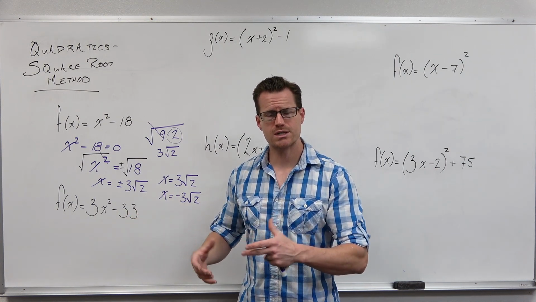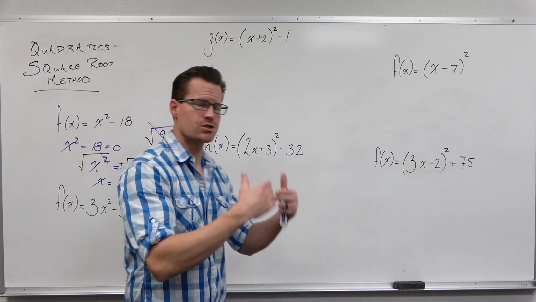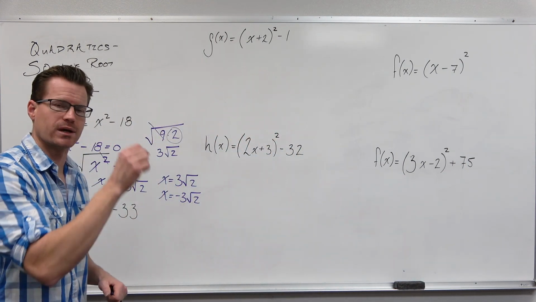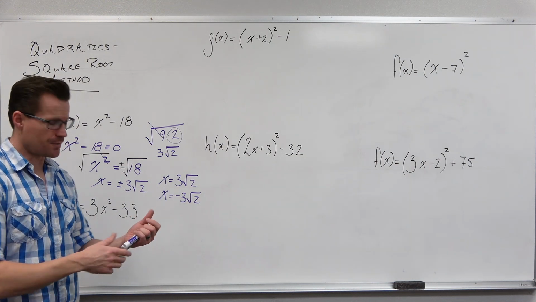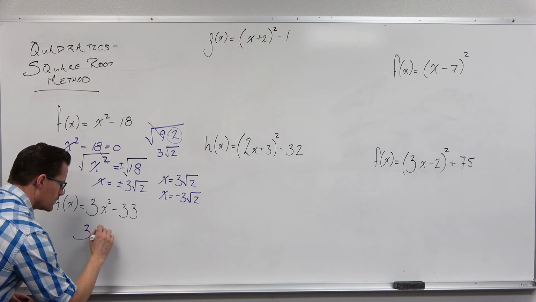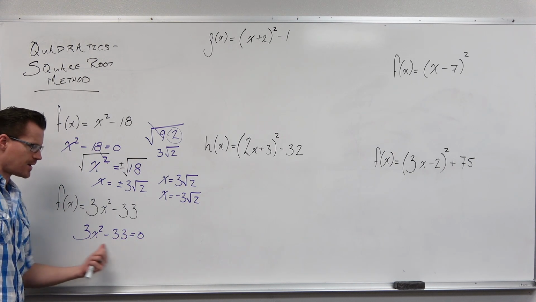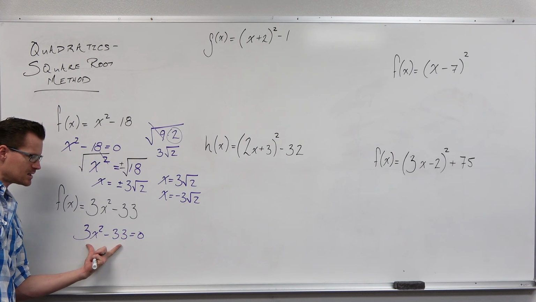So when it works is when I can get a power 2 by itself, constant on the other side. How it works is you're taking a square root of both sides and you're putting a plus and minus in front of the square root of your constant. So let's set this equal to 0. And we're saying, all right, that's going to let us find any x-intercepts by setting the height of the function